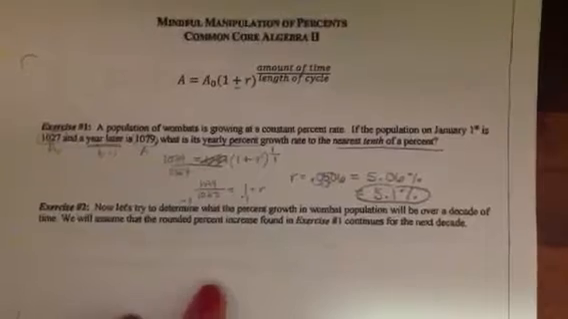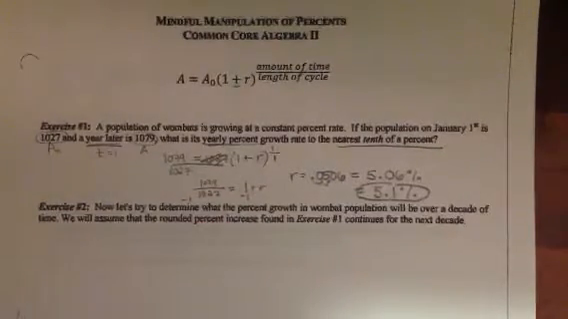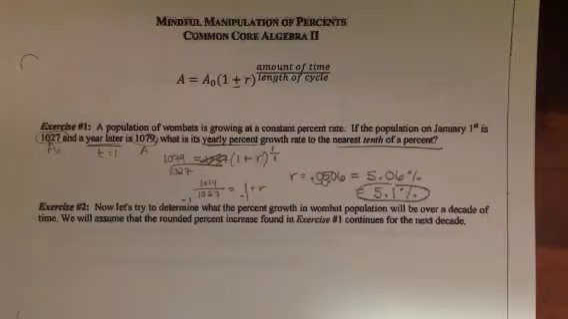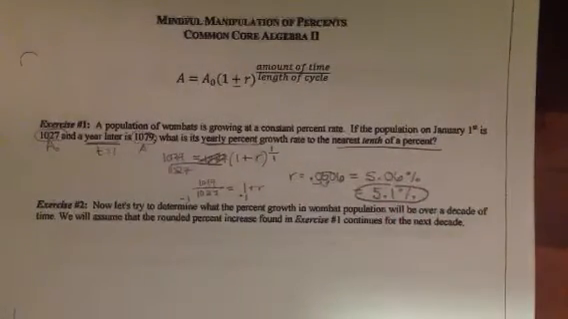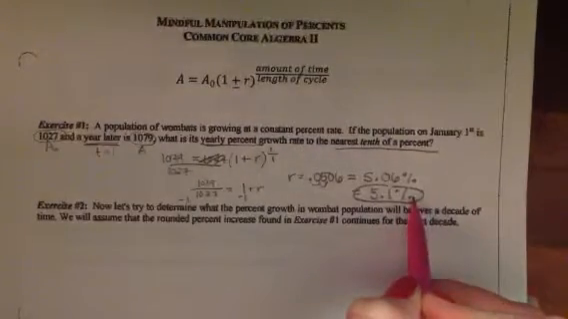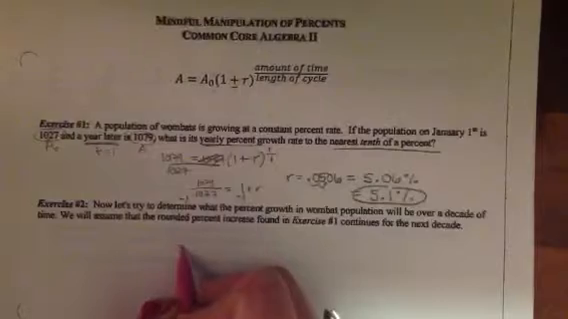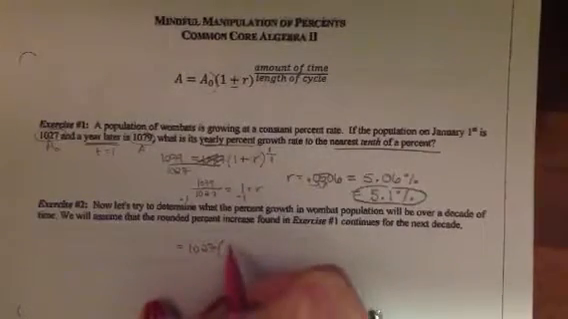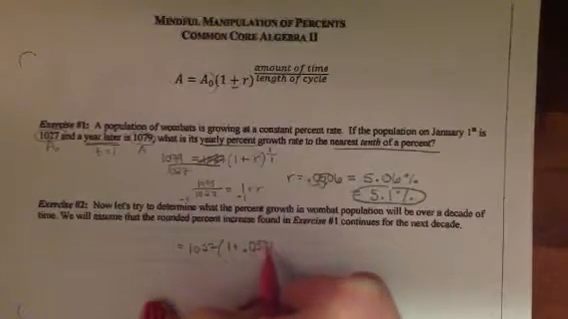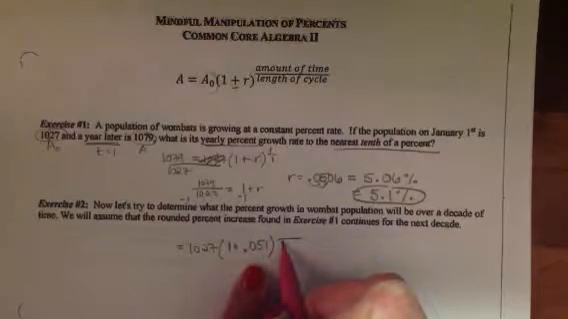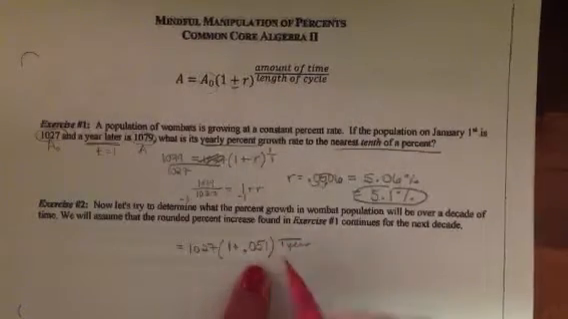Okay? Now, they're saying let's try to determine what the percent growth in the population will be over a decade. So we will assume that the rounded percent increase found in exercise 1 continues for the next decade. So we're keeping 5.1% for the next decade. So that's our new R value. But now we want to know what is the growth that's going to happen over a decade. So if we still start with an initial value of 1027, 1 plus 0.051, we want to wait. That growth rate was per 1 year period, so 1 year, and they want to wait 1 decade of time,